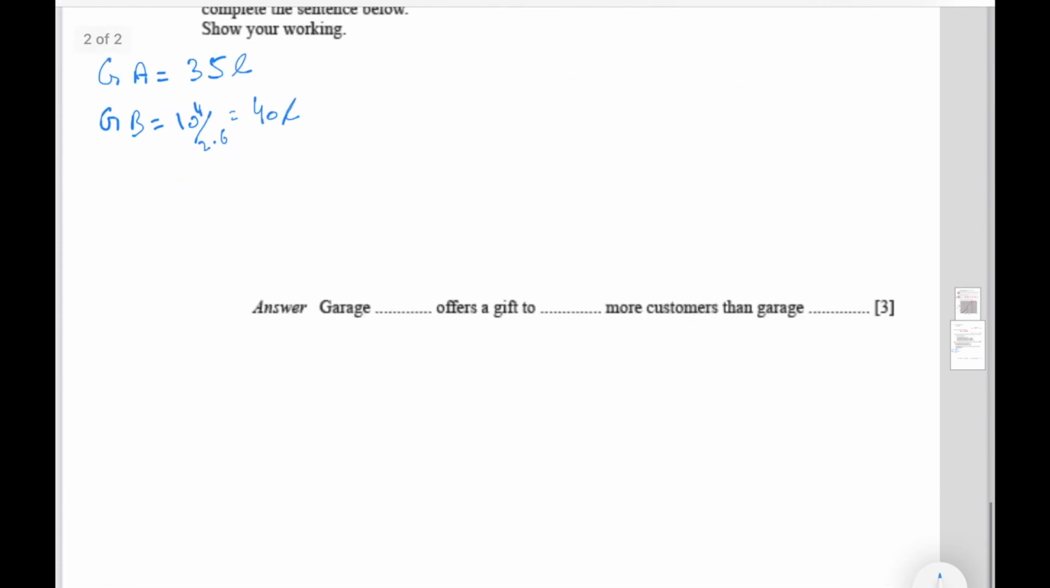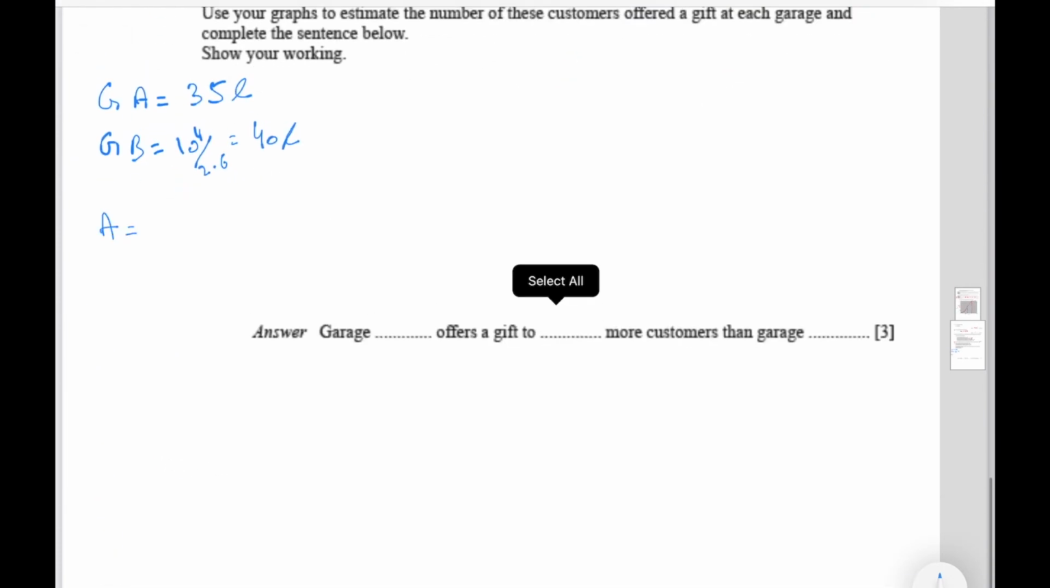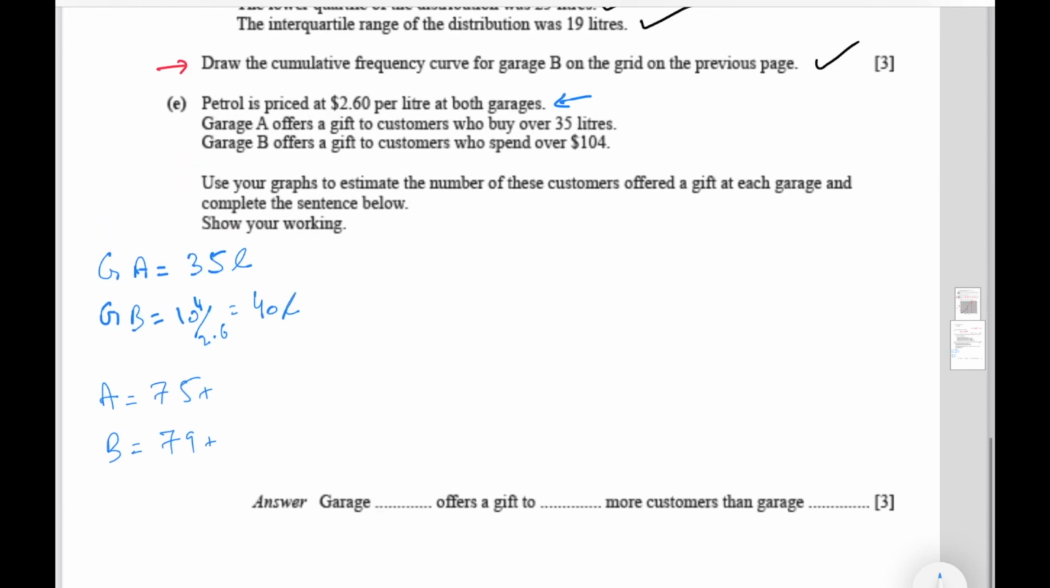Okay, so for Garage A, it is above 74, right? It was 75. And for Garage B, it is above 79. So anything above 75 liters in Garage A and anything above 79 liters in Garage B, the customers would get gifts for that. So let's talk about Garage A for a second. So for A,